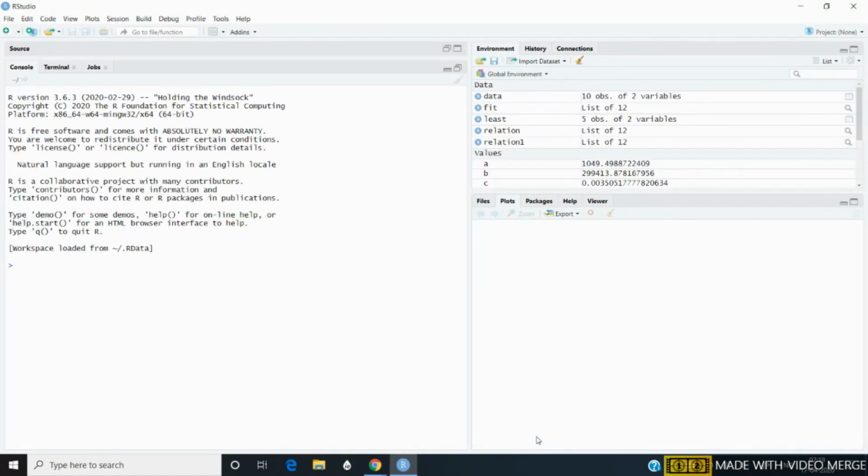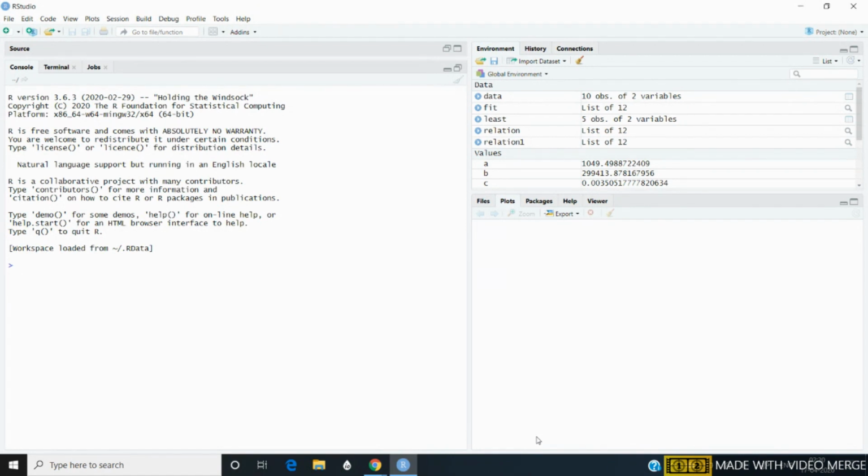So here we are with RStudio. Now we have to demonstrate inbuilt functions of the normal distribution. Start with the very first inbuilt function, that is rnorm, random number generation in the normal distribution. Suppose we have to generate thousands